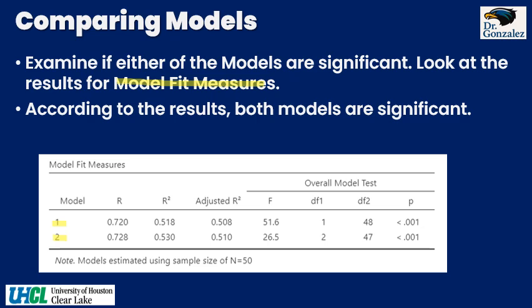In model 1, about 52% of the variance was explained by sleep hours. I added class attendance percentage, and my R squared only went up to 0.530. So if I round the first one, it only went up by 1